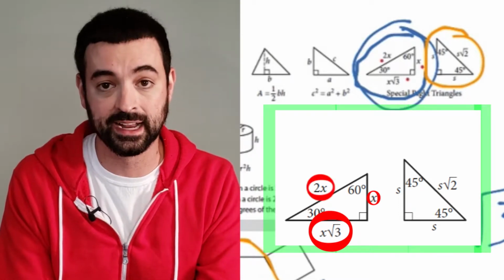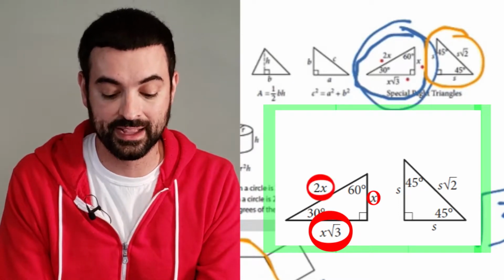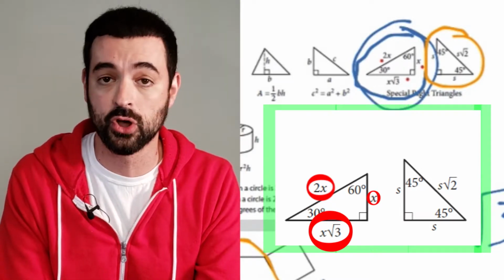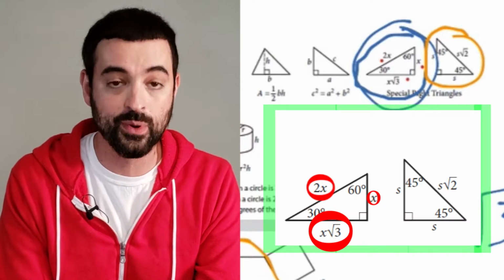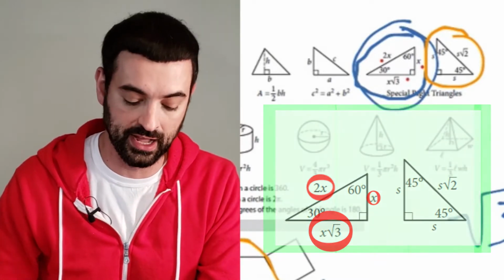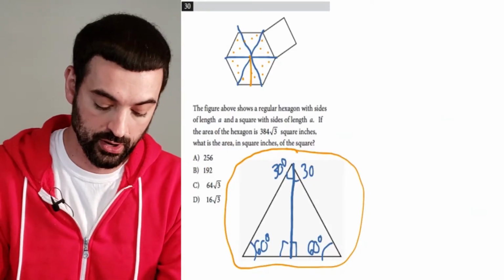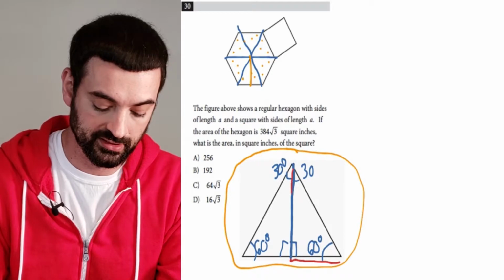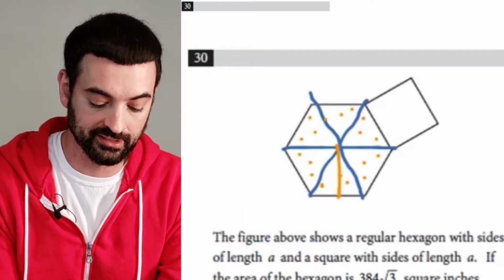The short side is always the x dimension, the middle side is always the x root 3 dimension, and the longer side, the hypotenuse, is always the 2x dimension. That is the relation of one side to the other. So even though we don't know the lengths of these sides,